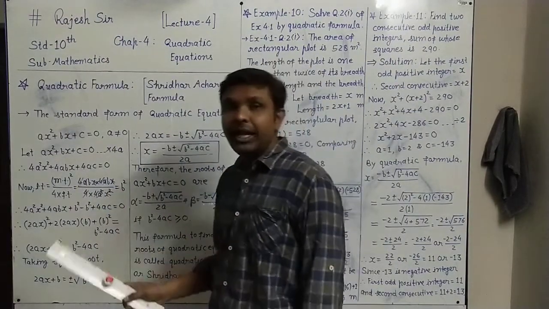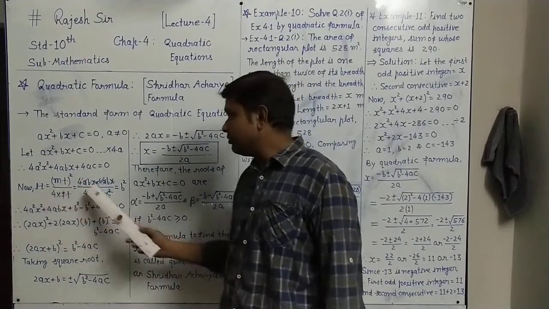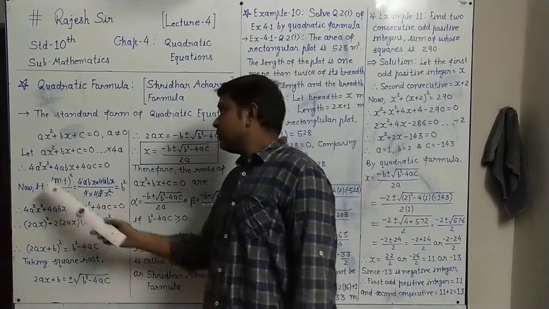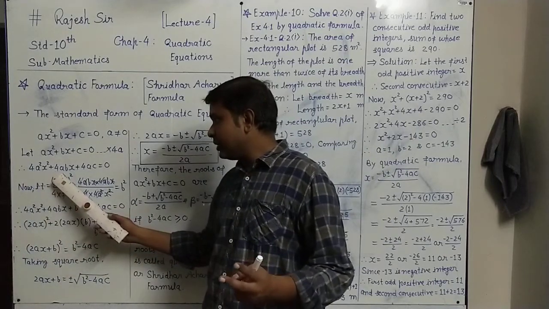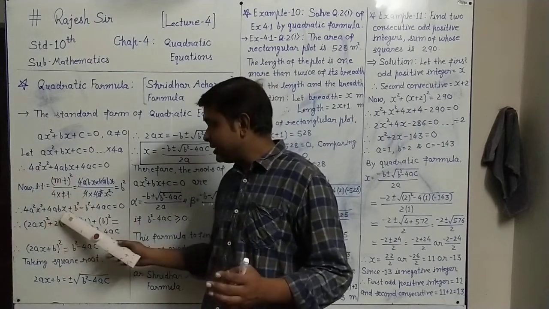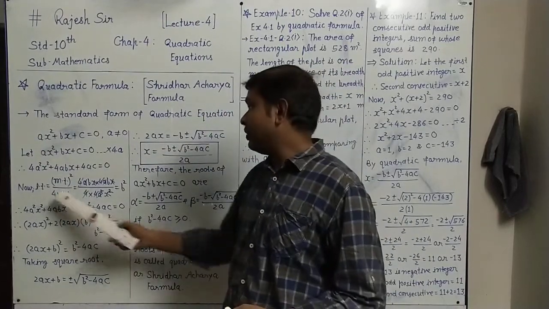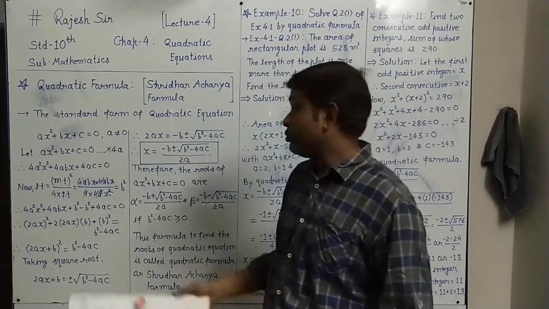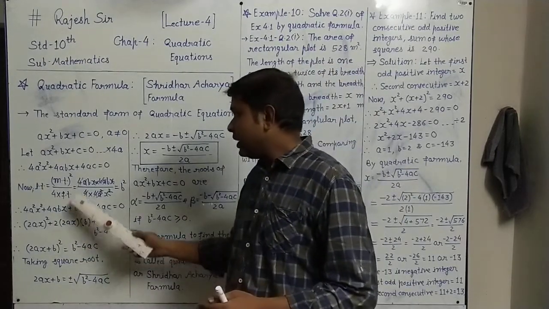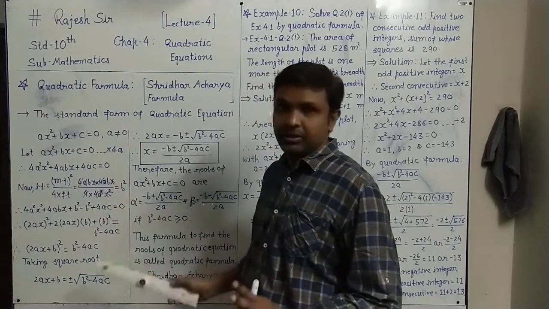So the last term we got here is b square. And what to do with that? In the method of completing the square, the last term, that is the third term, you have to place. So the first term 4a square x square as it is, plus the second term, that is the middle term, 4abx as it is, plus the third term, that is the last term, b square. If we have added here plus b square, we have to write here minus b square also, and the remaining 4ac as it is equals 0.